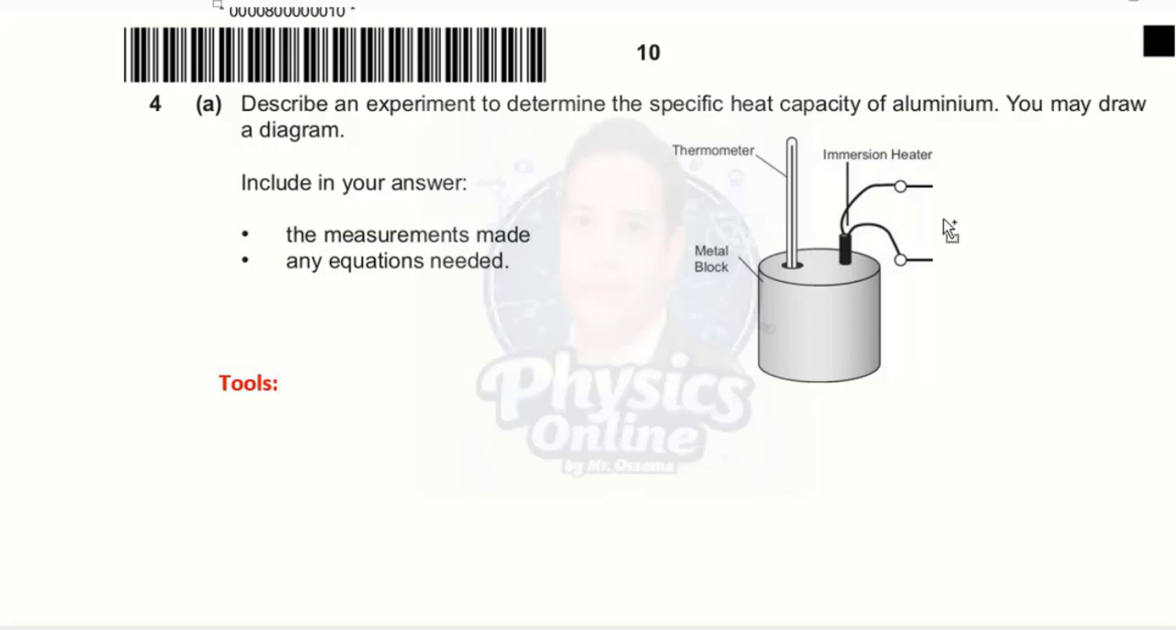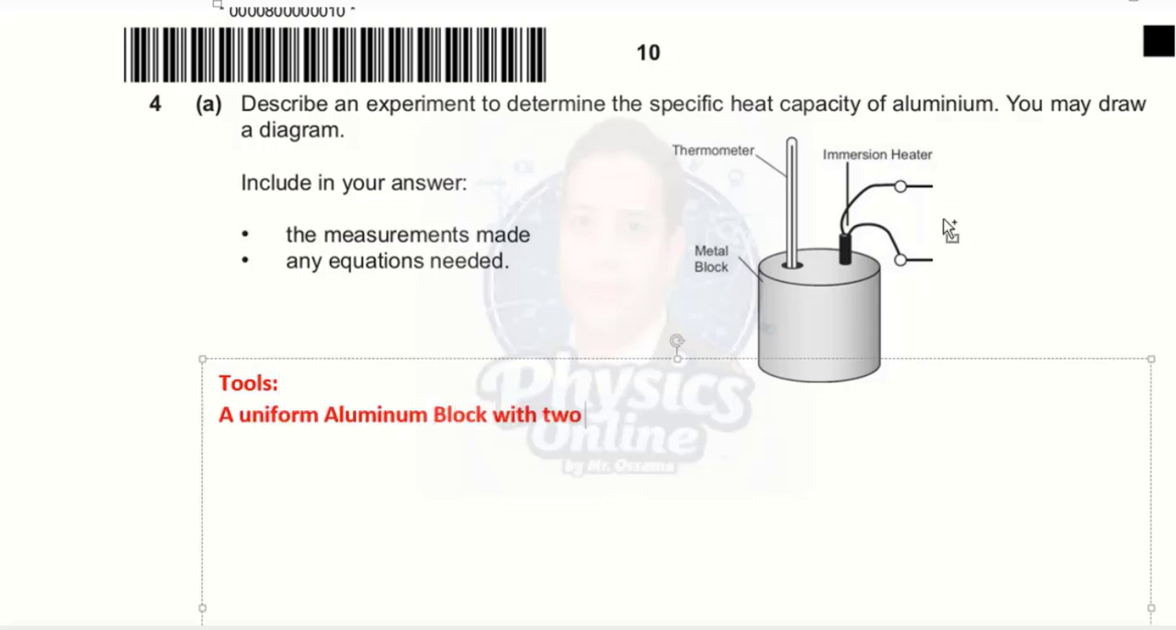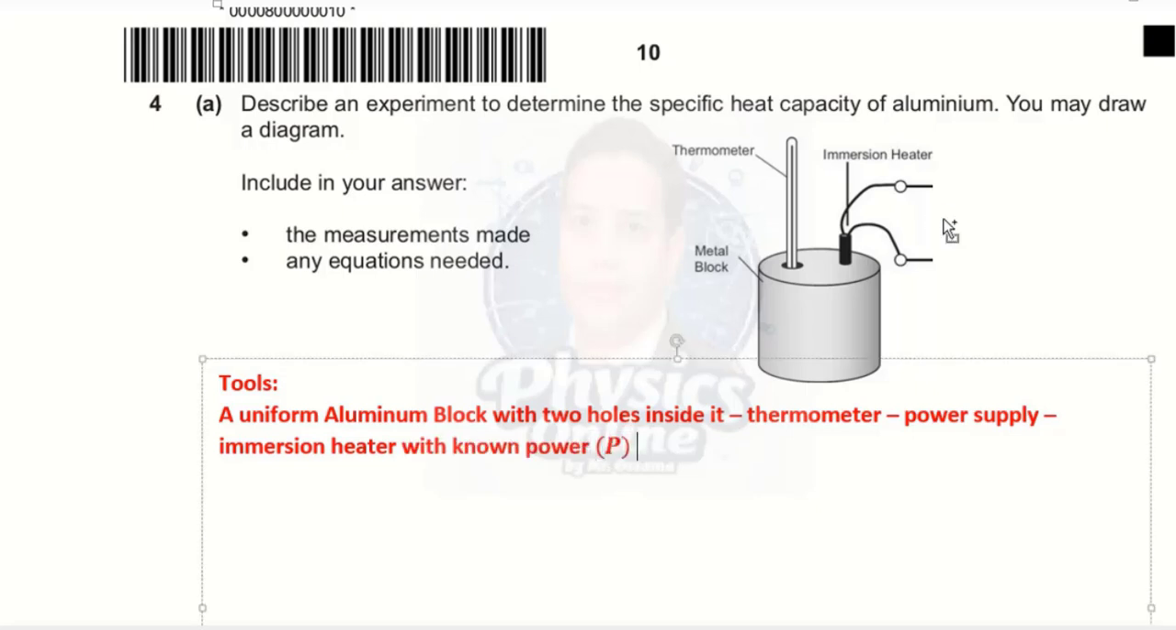Tools: a uniform aluminum block with two holes inside it. We also need a thermometer, power supply, immersion heater with known power, and stopwatch. Procedures: